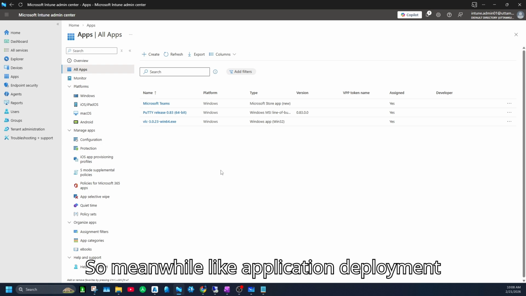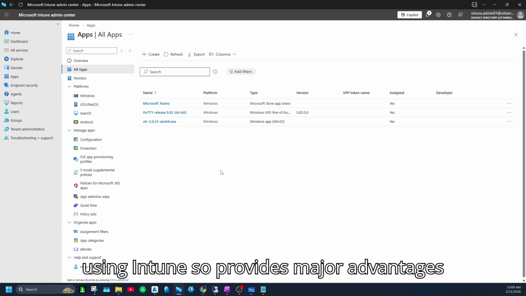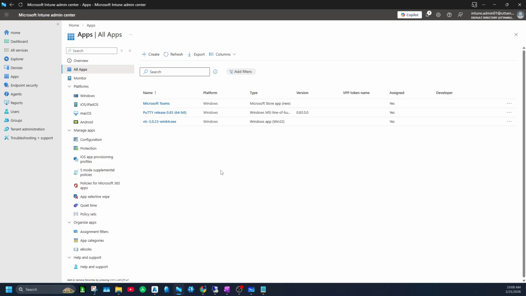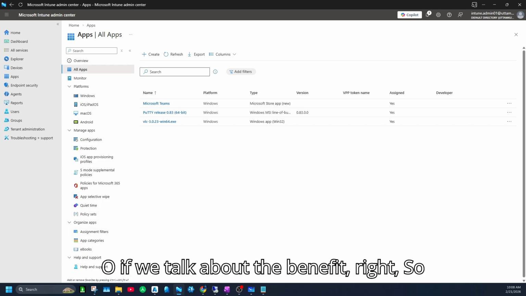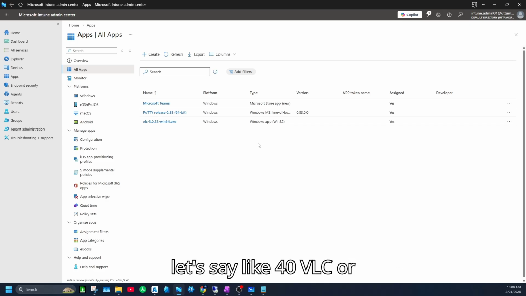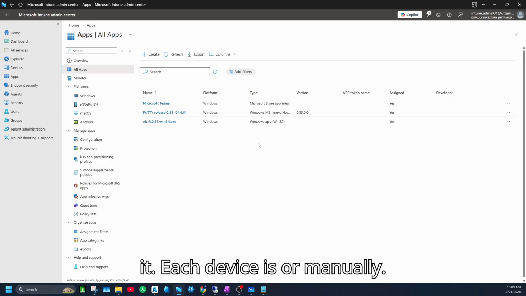Meanwhile, application deployment using Intune provides major advantages for IT administrators in an organization. If we talk about the benefits, first is remote deployment. For example, PuTTY, VLC, or Office applications. That saves time for IT. They do not need to install it on each device manually. So this is automatic installation,